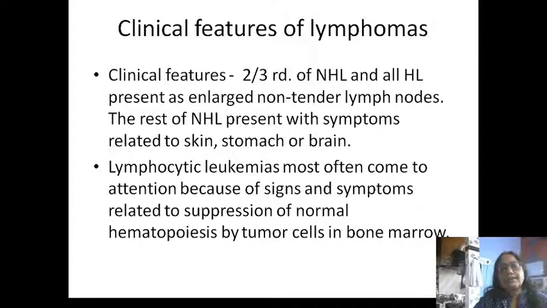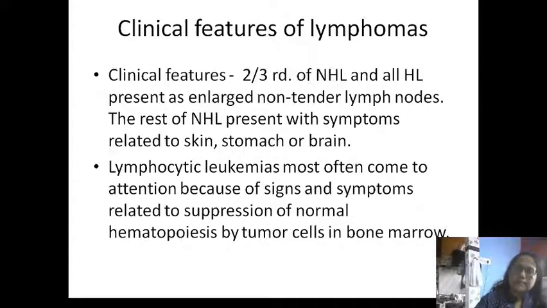Now clinically, how do we know that it's a lymphoma? Two-thirds of people with non-Hodgkin's and Hodgkin's lymphoma present with enlarged and non-tender lymph nodes. The rest of non-Hodgkin's lymphoma present with symptoms which are related to the place of manifestation, like the place of involvement, like skin, stomach, brain and so on, according to the place where